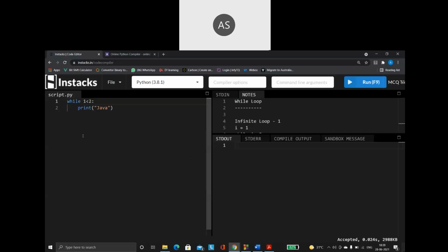But will this condition ever become false? 1 is a number which will always be lesser than 2, no matter what you do. If it were a variable, at least I could increment it or decrement it. But here we are using constants, fixed numbers. So 1 less than 2 is a condition which is always going to be true and it is never going to change. So always avoid using such conditions.